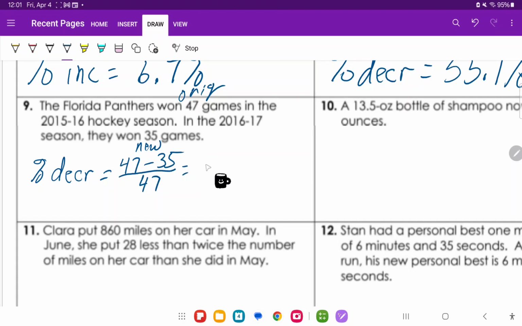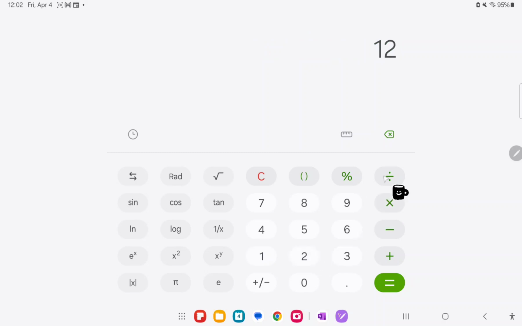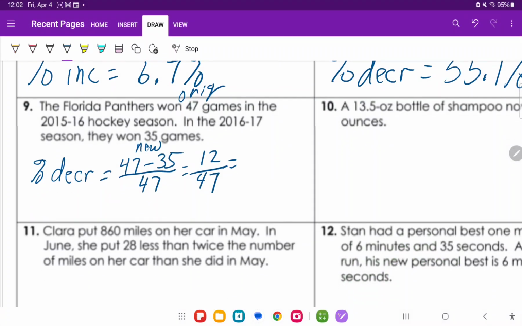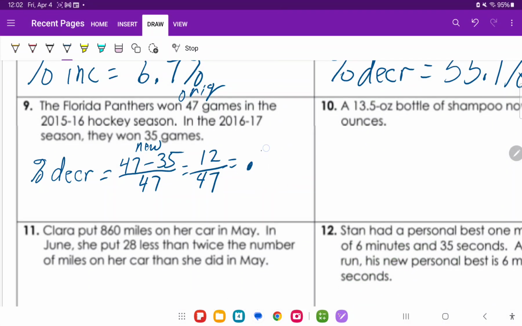And so that's going to be 12 over 47. So we're going to go 12 divided by 47. So that's going to be 0.255. All right, move the decimal, 1, 2. So my percent of decrease